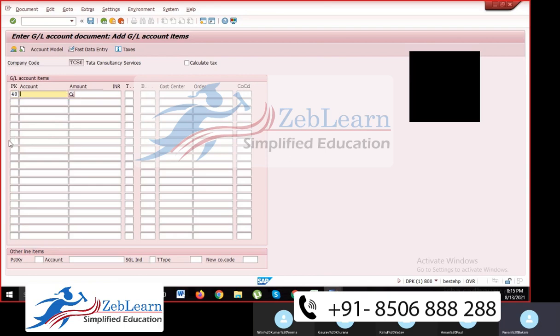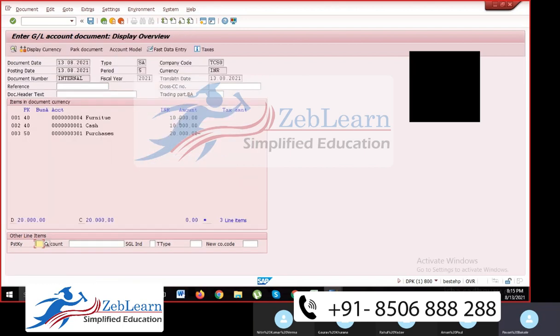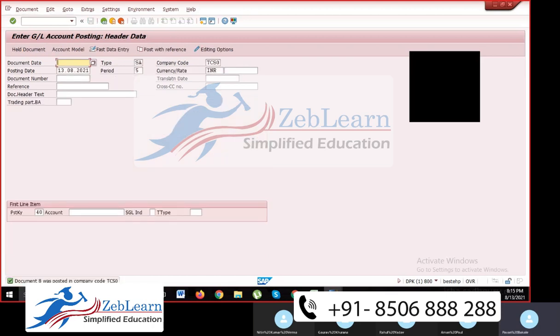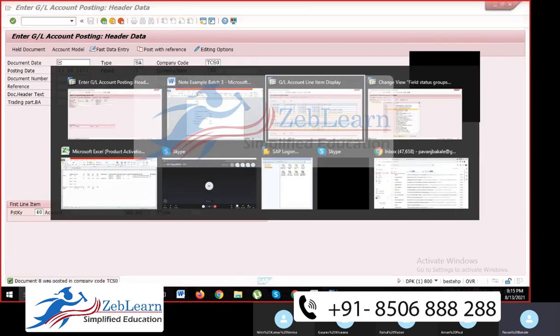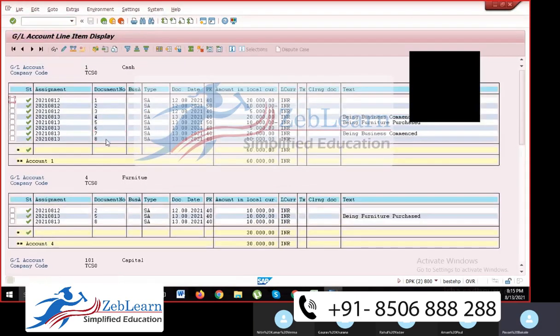Suppose 2 debits have come now. So I'll select 40, furniture account is debited 10,000, and again 40, cash account is debited, again 10,000. Then you take the purchase account, 50 purchases, you can take 300 of purchases, so you can put a star here. So what is happening here, you can put your 2 debits and your 1 credit amount as a star. So now the amount will come exactly, 10 plus 10 minus 20, 0. You can check here. This way also you can post the entry in SAP. You can post this. Document was posted. Go and check here. It will show in the document list also. It is posted.